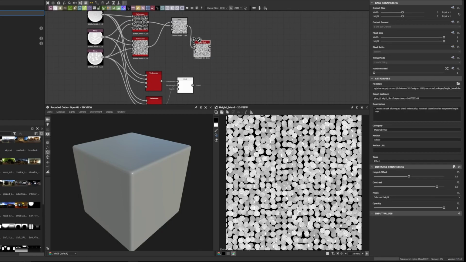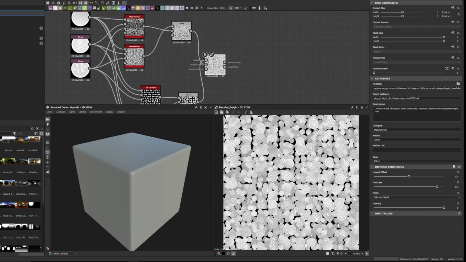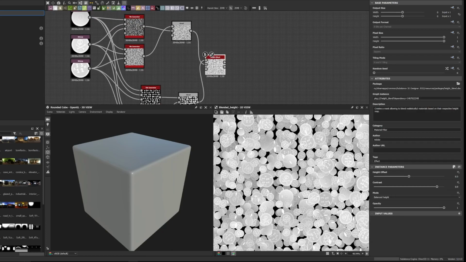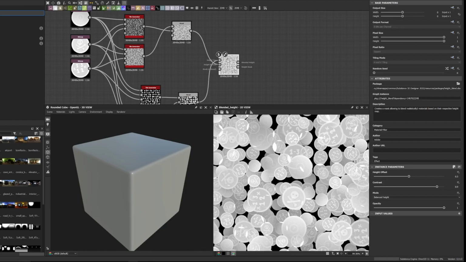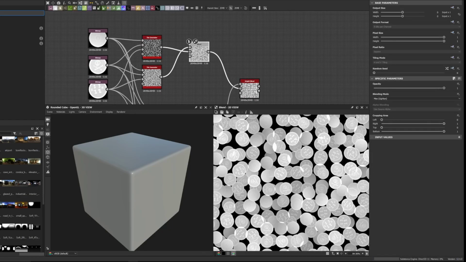Okay, so that's in the bottom, which we want it to be, and that's on the top, which we also want it to be. Now there's little bits of overlap here and there, so we'll see what we can do about that. We'll do the contrast. Actually, let's see where that overlap's coming from. It's coming from this blend, so